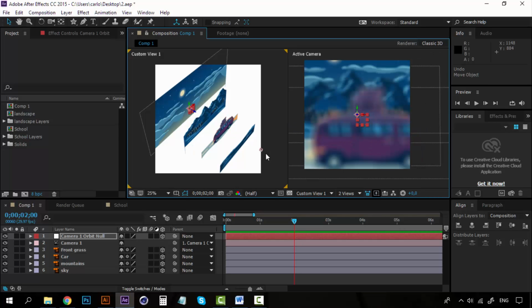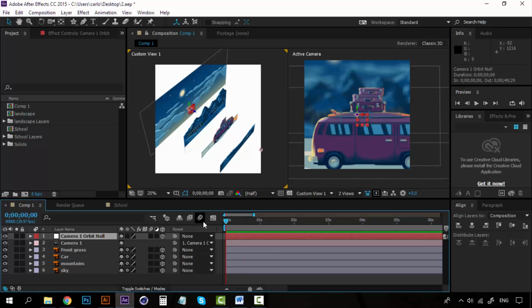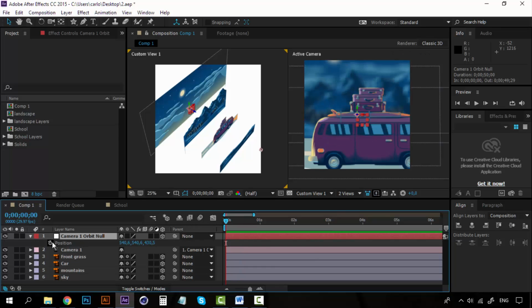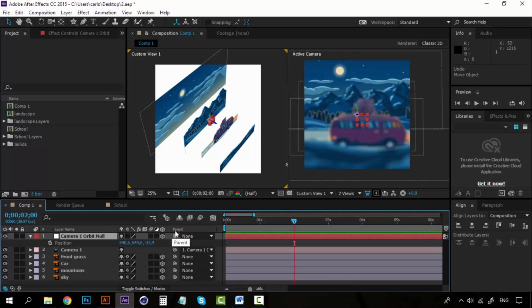So I want the camera to zoom in into these objects. So I'm going to create a keyframe for the position right here, right on this point. We're going to create a keyframe,